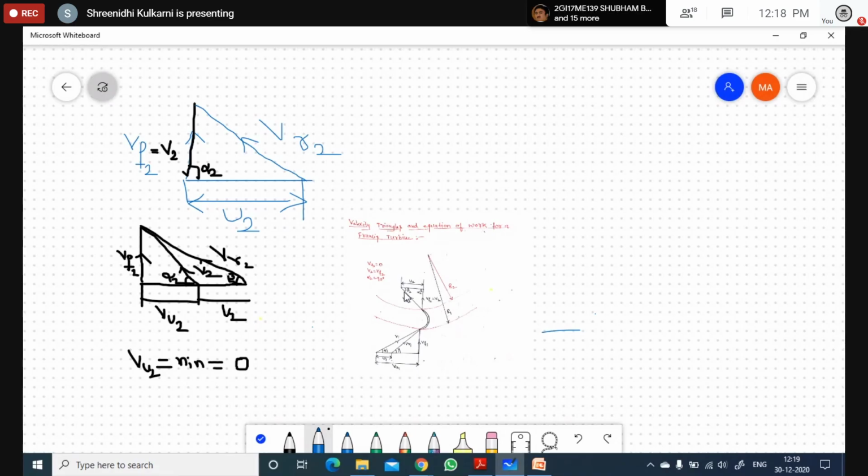Say outlet it won't change, but inlet, if a condition is given, as per that condition you draw the velocity triangle. But this is the general form of velocity triangle for Francis turbine. Because, see, now only I'm telling, you will get combination questions. If they ask Pelton wheel theory, you will get problems on Francis turbine. If it is Francis turbine theory, you will get Pelton wheel problems. Got my point?